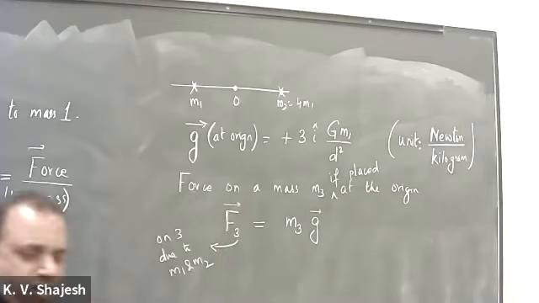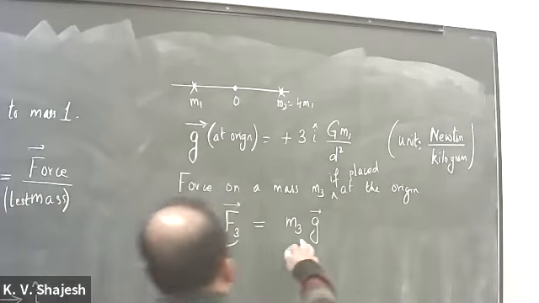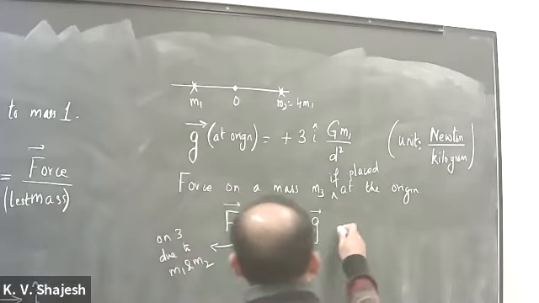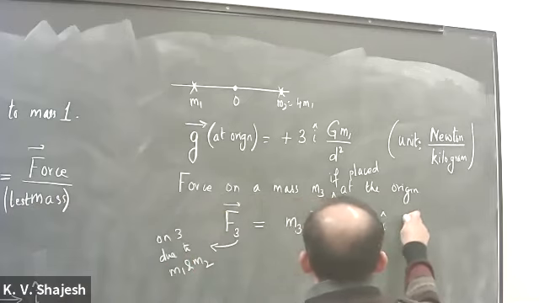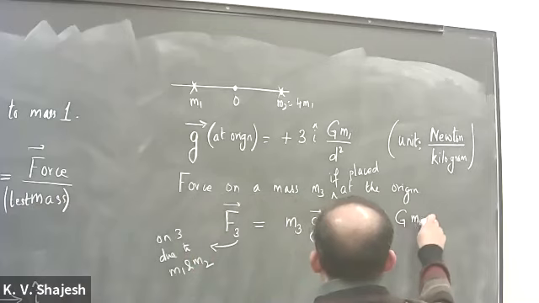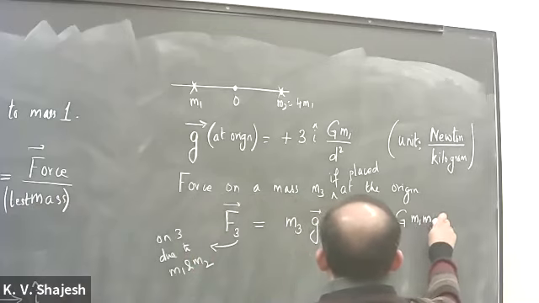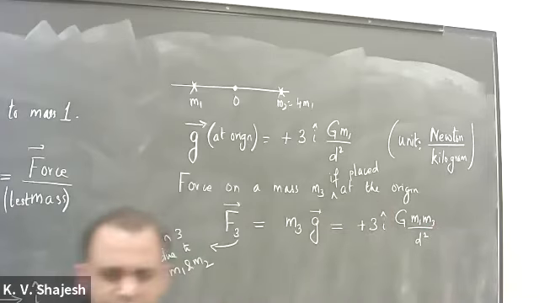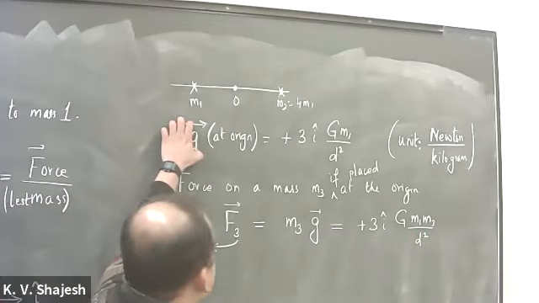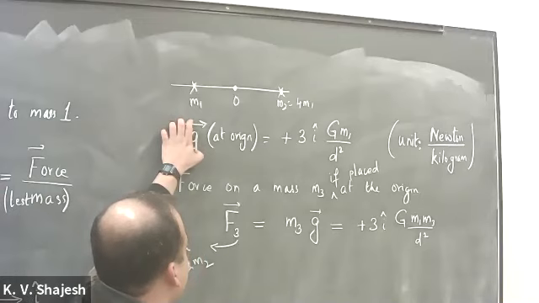So now we do not have to differentiate between how much contribution it is getting from M1 and how much it is getting from M2. Once you have this, you just multiply it by G. That's the straightforward relation. So that's plus 3I times G M1 M3 over d squared. But this is coming from two different terms, remember. So that's the point. But anyway, our idea is that first you find the gravitational field, which has a